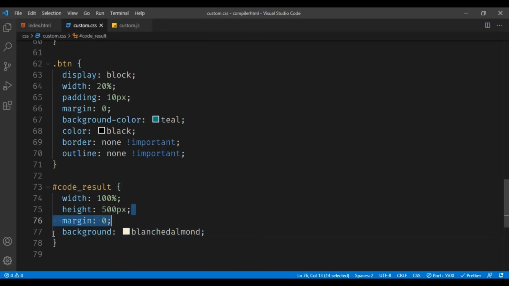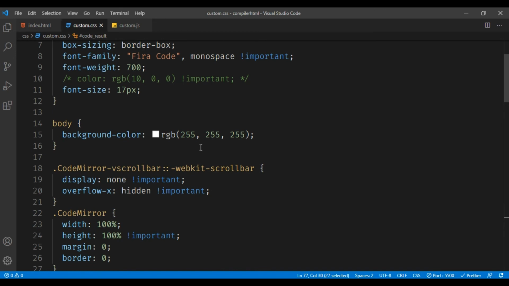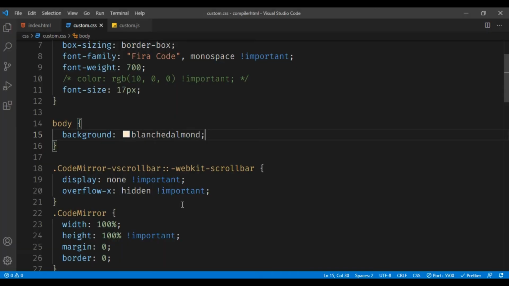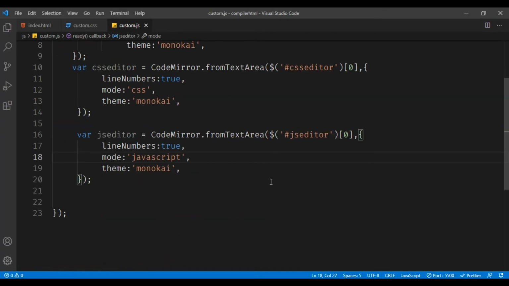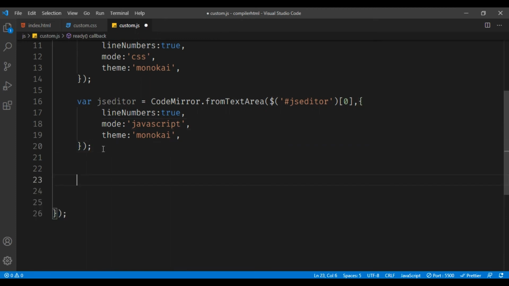Now let's see if we can implement this thing in the body tag. Okay, so you can just see it has come in a right track. Now the design part is ready. Now let us work with the iframe.